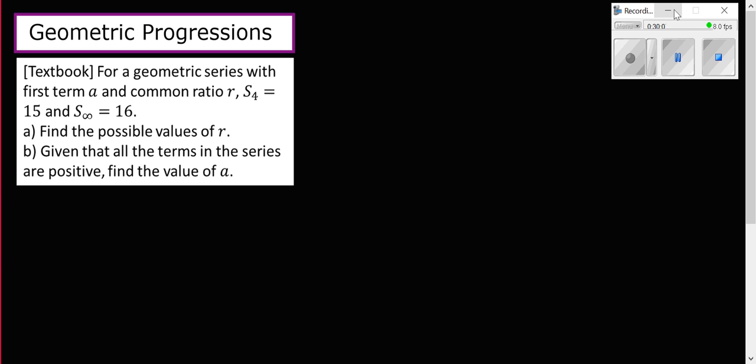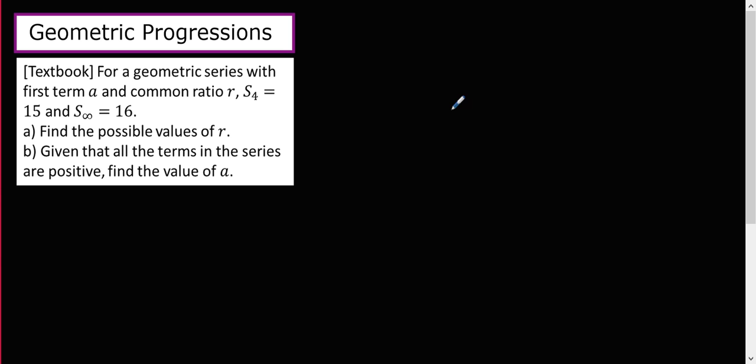Here we've got a problem. Again, we're given some information, but this time we're not given information about the terms, we're given information about the sums. So we're told that S4 is 15. So that means that we have a formula then, 15 equals a times 1 minus r to the n over 1 minus r. We don't know what r is, we just know that it's r. We don't know what a is, we just know that it's a. However, we do know that the sum to infinity is 16,